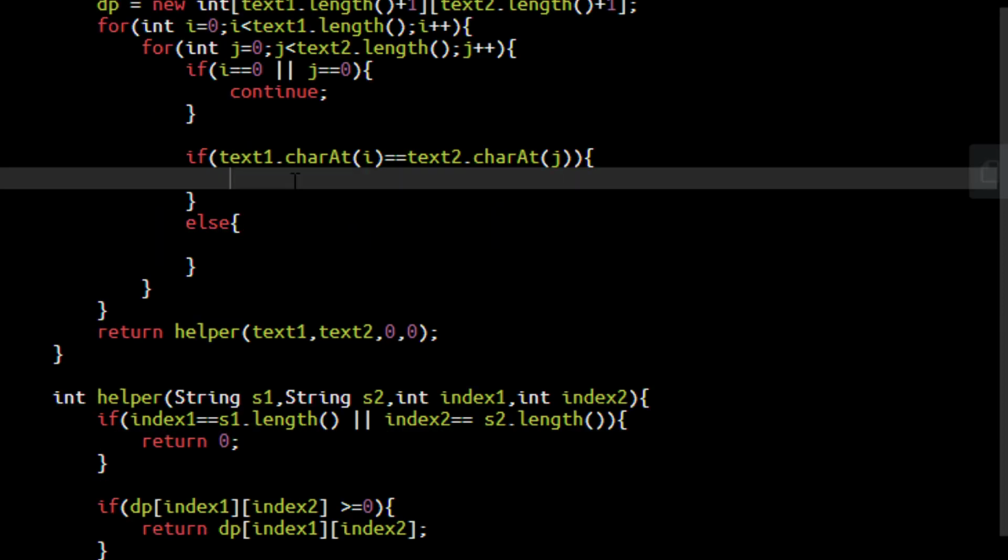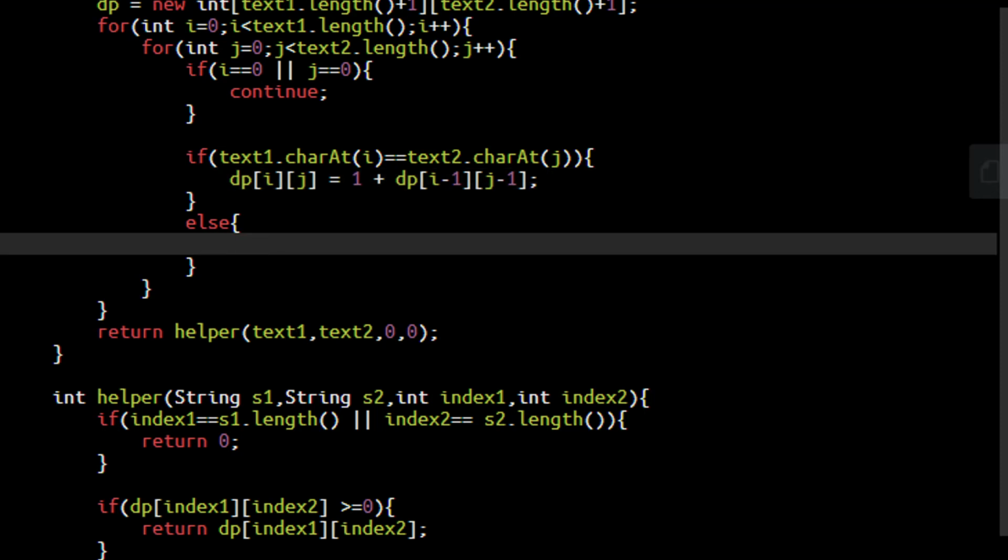So in this case, we can have dp of i,j equal to 1 plus whatever value was present at the diagonal of this dp array.